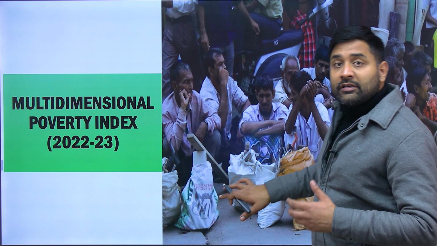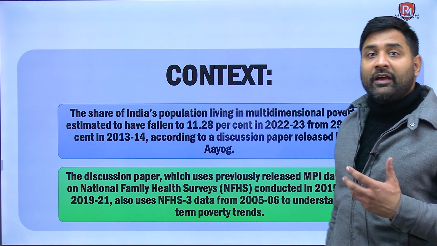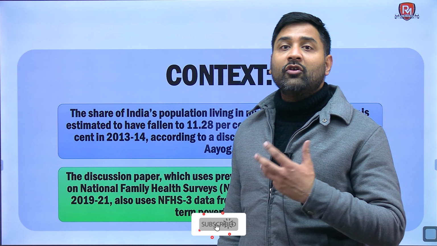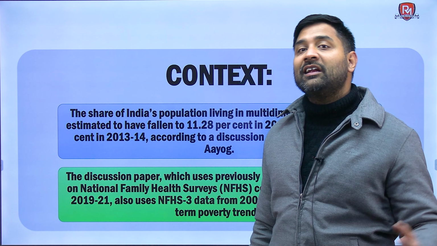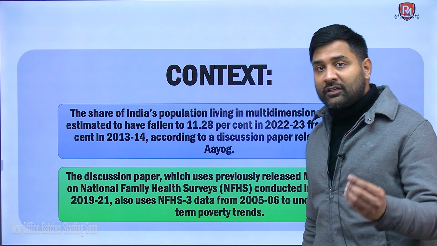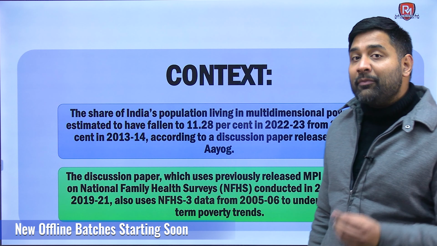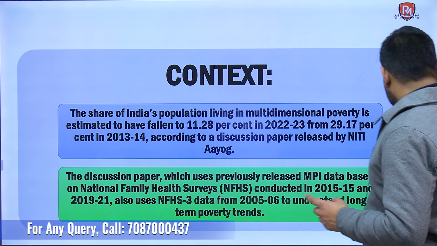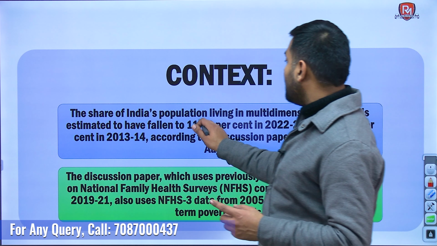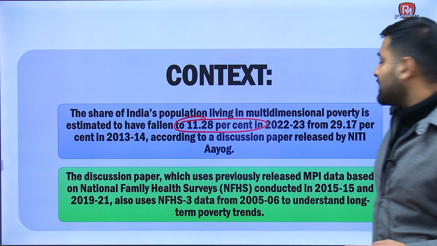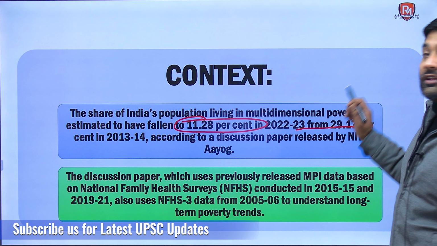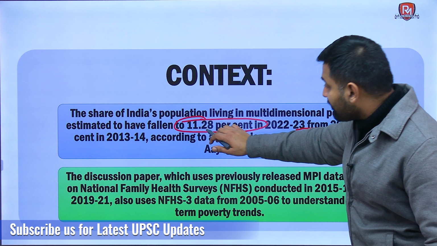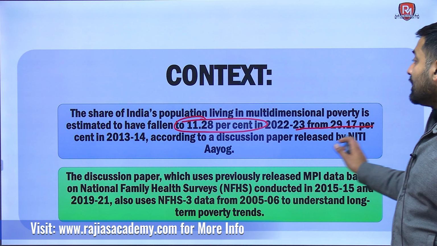So friends, today we are going to discuss the Multidimensional Poverty Index. There is a recent survey conducted by Niti Aayog, and Niti Aayog has published a report about the Multidimensional Poverty Index. As per this report, the Multidimensional Poverty Index in India has been reduced. The present multidimensional poverty in India is 11.28%, as per the latest Niti Aayog data, reduced from the earlier